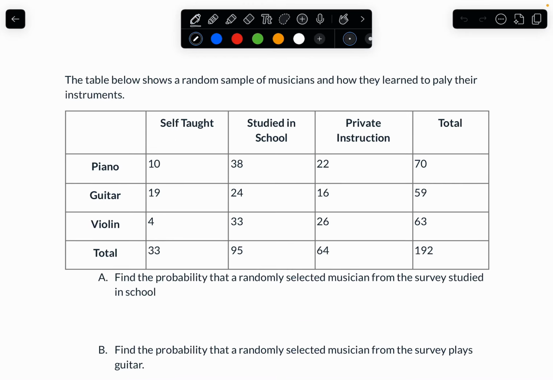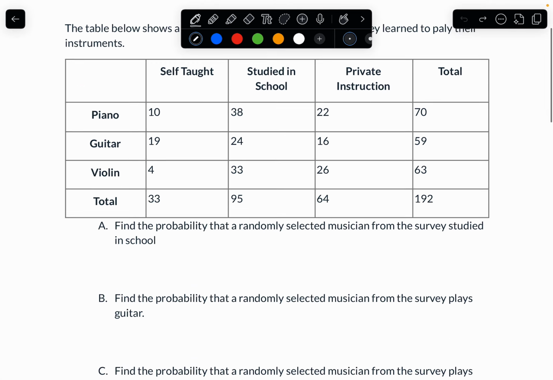So the table below shows a random sample of musicians and how they learn to play their instruments. I've got whether the individual was self-taught, studied in school, received private instruction, and then we've got piano players, guitar players, and violin players. Part A says, what is the probability that a randomly selected musician from the survey studied